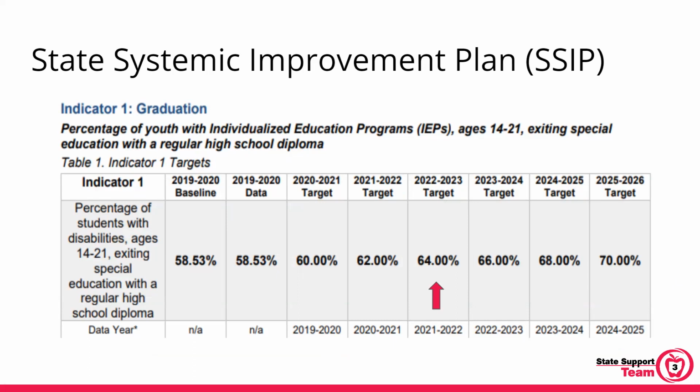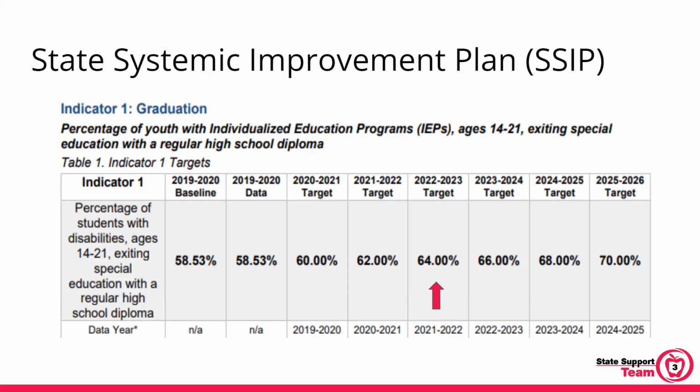So Ohio is in the process of a 5-year plan called the State Systemic Improvement Plan, or SSIP. And the rationale for that, why this is a priority for Ohio, you'll see in a minute. But the federal government, the Office of Special Education Programs, has set targets for the state of Ohio for each year for Indicator 1 and Indicator 2. So you can see on this slide, for Indicator 1, there are different targets that are set. So for this, it's the percentage of youth or students with IEPs ages 14 to 21 who exit special education with a regular high school diploma, or in another way to say it, graduate by the typical or standard pathways.